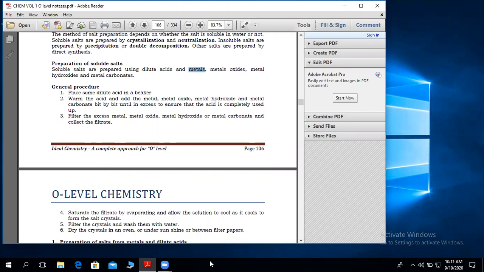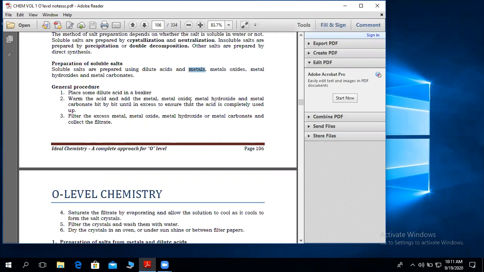Some metals or metal oxides take long to dissolve, yet you want all of it to dissolve. That's why we use warm acid, or why we heat the acid. So place some dilute acid in a beaker, warm the acid and add the metal,